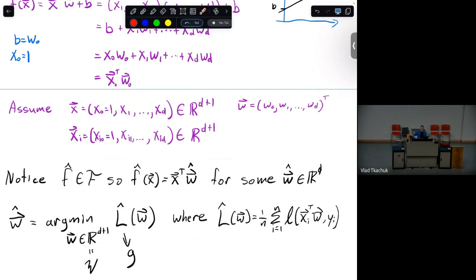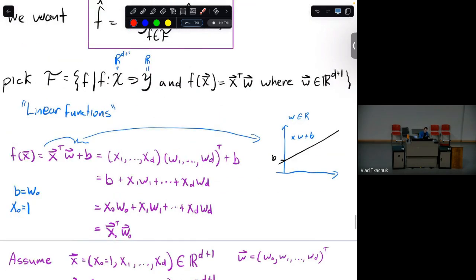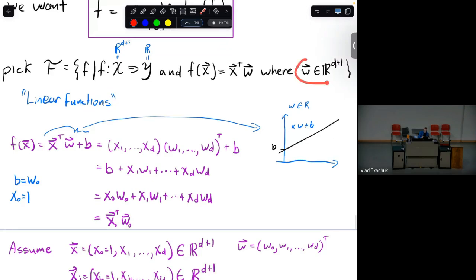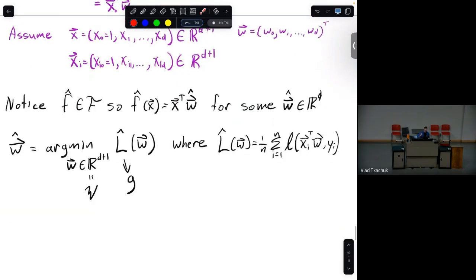So to find the best function, all you really need to do is search over the w's. This is a very key point. By defining the function class in this way, every function is in a sense characterized by the parameter vector w, so searching through the function class is equivalent to searching through all the parameters. And why is that so beautiful? Well, it's because these w's are in R D plus 1, and this now just looks like a multivariate optimization problem. So now we can think about searching through this function class as just searching through all the w's in this R D plus 1 space,